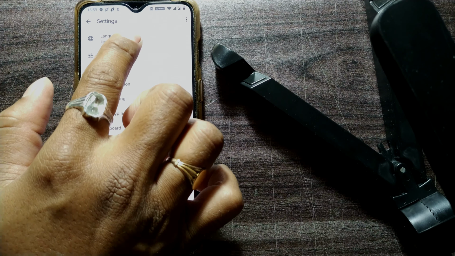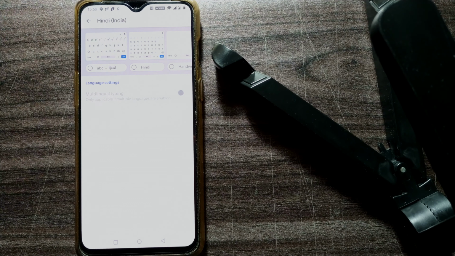So once you go here, a lot of language keyboards will be available. So here what you can do, just press this Hindi India. So once you do that, you have to select this. Either you can select English typing with Hindi, like it will convert your English words into Hindi in the same pronunciation, or else you can directly have Hindi keyboards. So for example, I go for both. I'll go for this one.